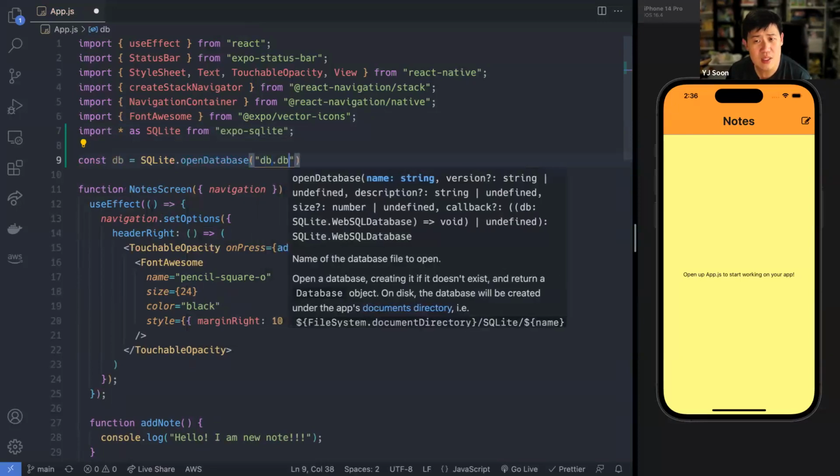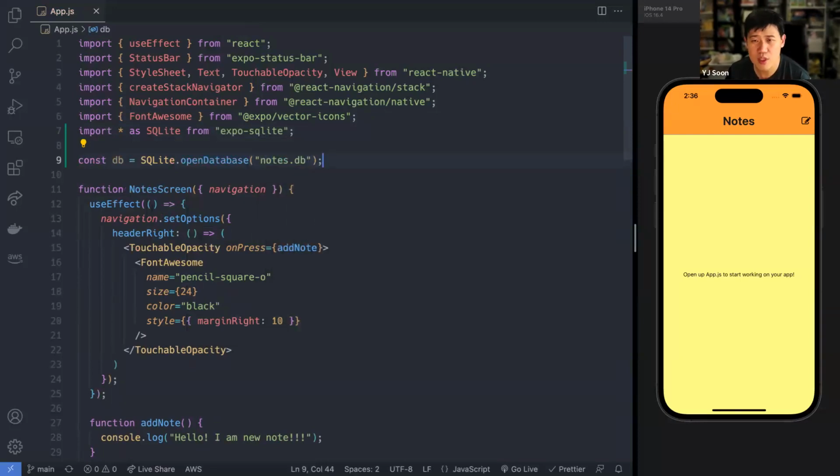You can call it B. You can call it notes.db to make it a bit more accurate. Doesn't matter, right? The user will not be able to see this. So what this does is it really just creates it somewhere in your phone's file system, and only your app has access to it. All these phones are sandboxed. One app cannot affect another app, so they are very heavily protected from one another. That's how they were designed by Apple and Google. So that's great.